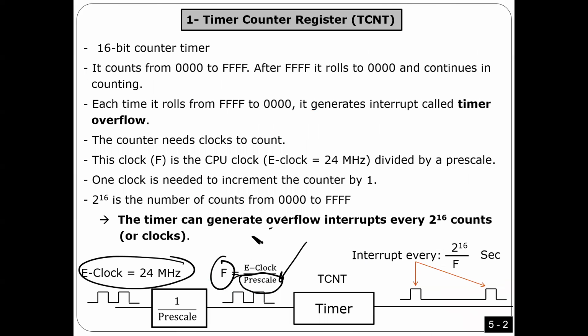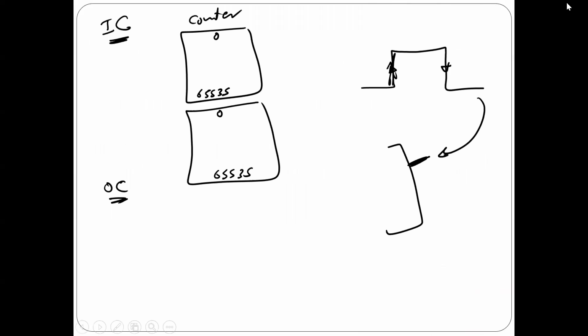So how can this be used to measure time? I'm going to tell you how. Very simple, very easy. Look here, guys. For example, I'm going to have an interrupt here at this time, and another interrupt here. So I'm going to have two interrupts. In this interrupt, I'm going to use TC2, for example, but it depends on the channel. We have 8 TCs, as I said. So for example, TC2 was equal to 5. That means this rising came at the time 5,